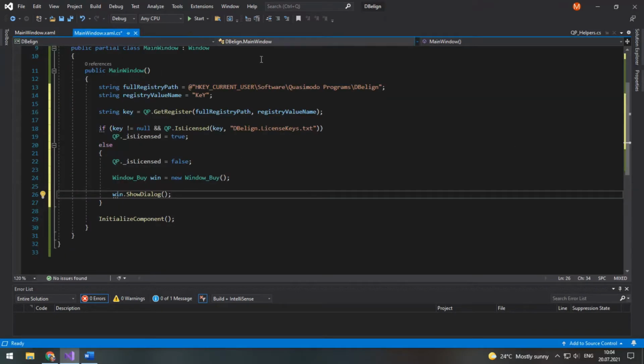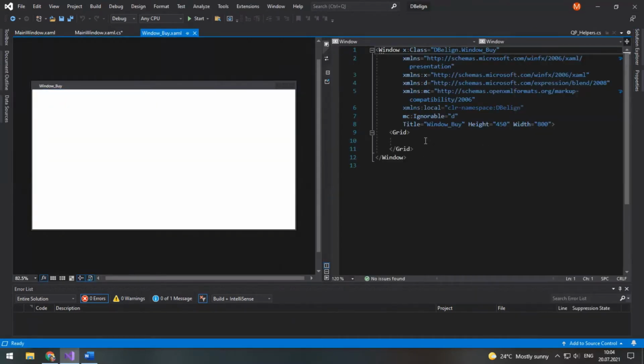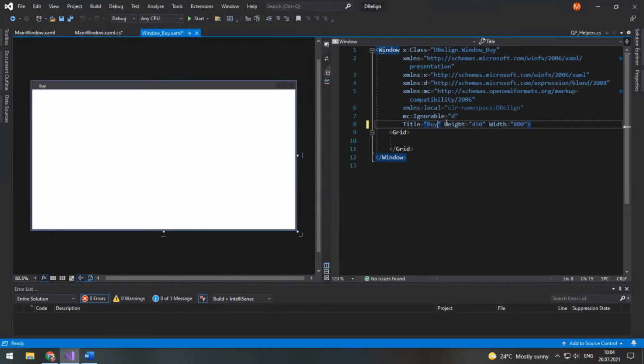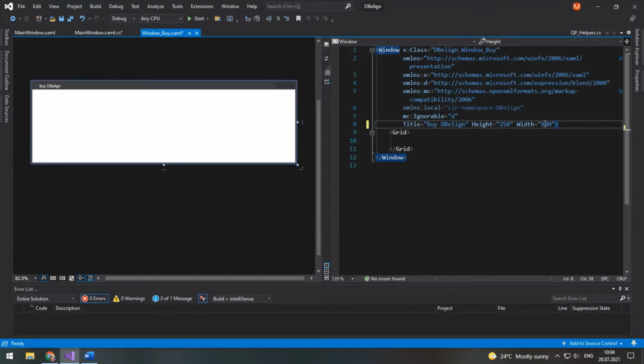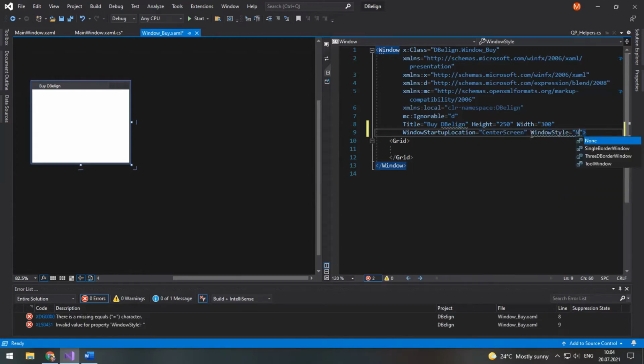Now let's customize our window, which will be shown if we don't have a key. So the title will be, let's type, dbline. The height will be 250, the width will be 300. Then its window startup location will be center screen. The window style will be none because we will create our own window frame.